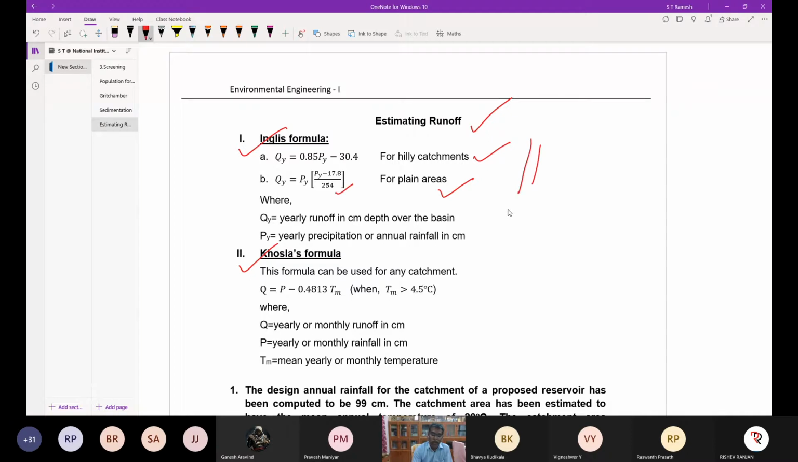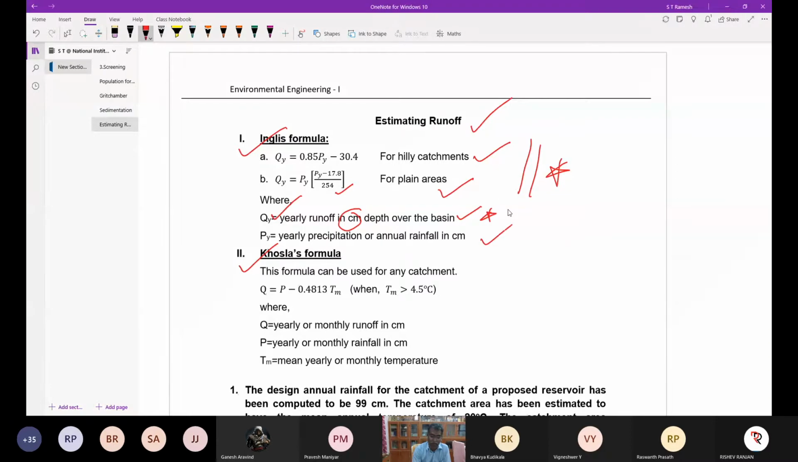These are numerical relationships based on a lot of field data. You need not mug up the formulas. At least for examination, you can refer to these formulas for calculations. Please remember the formulas along with the notations as well. Qy is equal to yearly runoff in centimeter depth over the basin, and Py is equal to yearly precipitation or